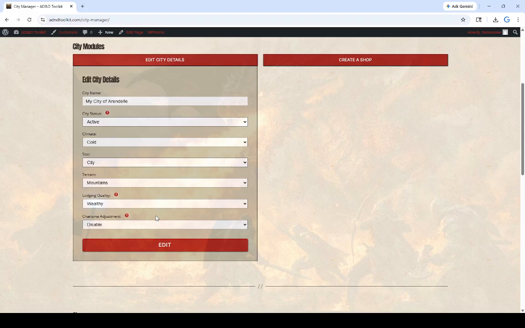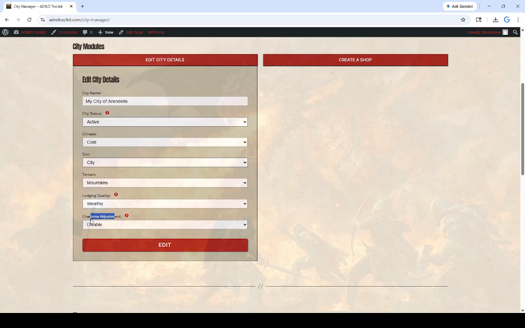But what it does is it will take the highest charisma value within the party, so the character that has the highest charisma. If your party has a paladin, they're likely to have the highest charisma, 17 or 18. And if this is enabled, when your PCs go to, say, sell items that they've come across in their adventures to a shopkeeper,